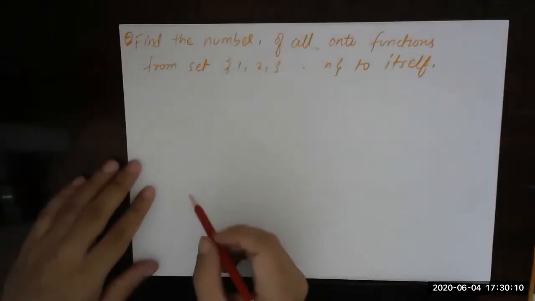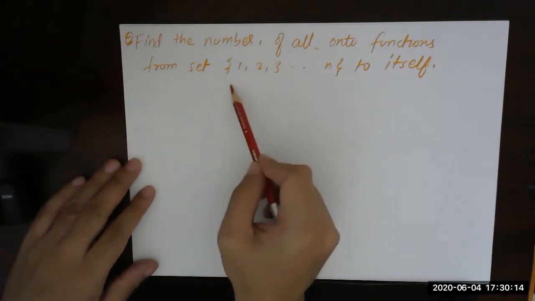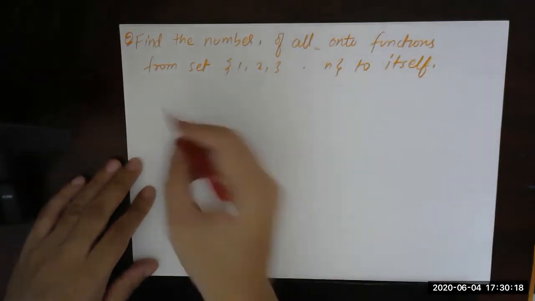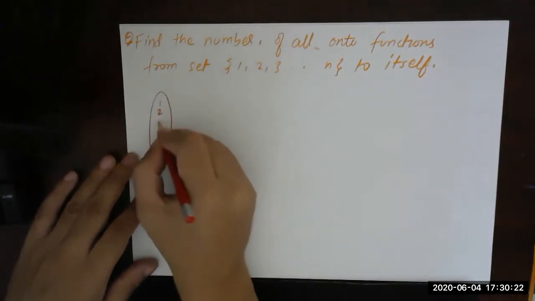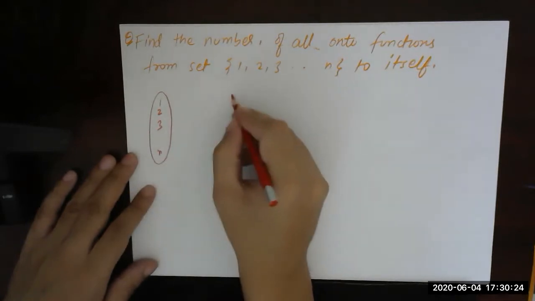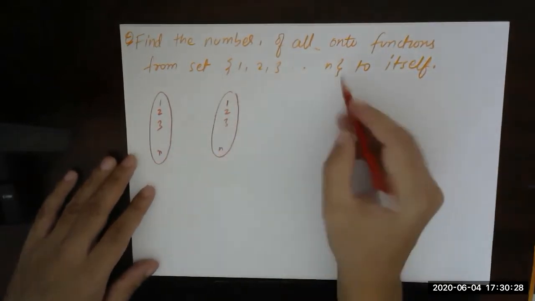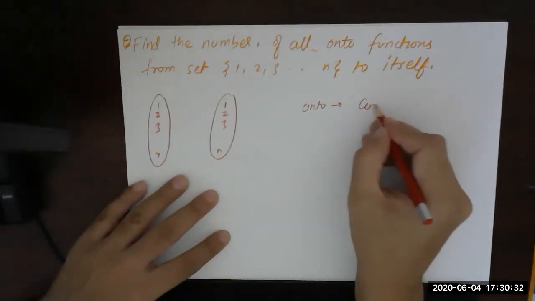Okay, so the question is to find the number of all onto functions from the set of elements 1 to n to itself. I will just represent 1, 2, 3 till n to itself, 1, 2, 3 till n. Now the definition of onto function, onto is that codomain